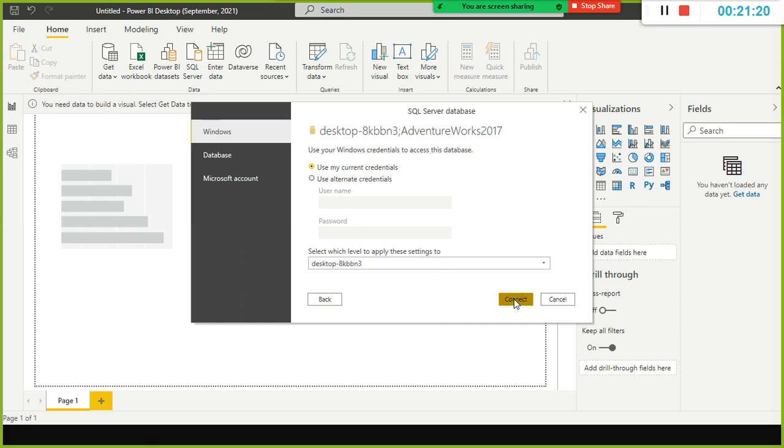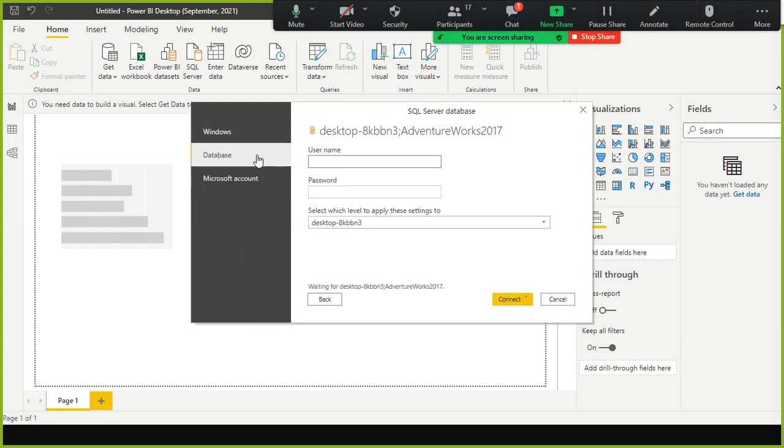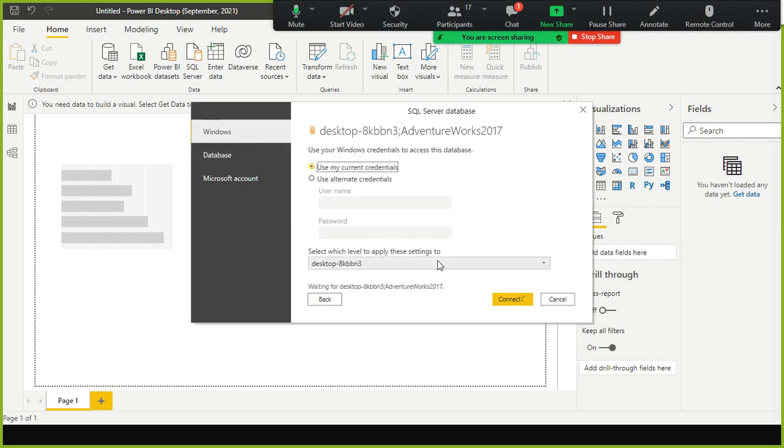This is just credentials, right? Which credentials you can use to connect to this. You wanted to import the data here. So we have a direct as well as an import option available. And one second, we have database here, username, password you can get. So instead of remembering the password, resetting the password, better you can connect with these default things. Use my current credentials, likewise.